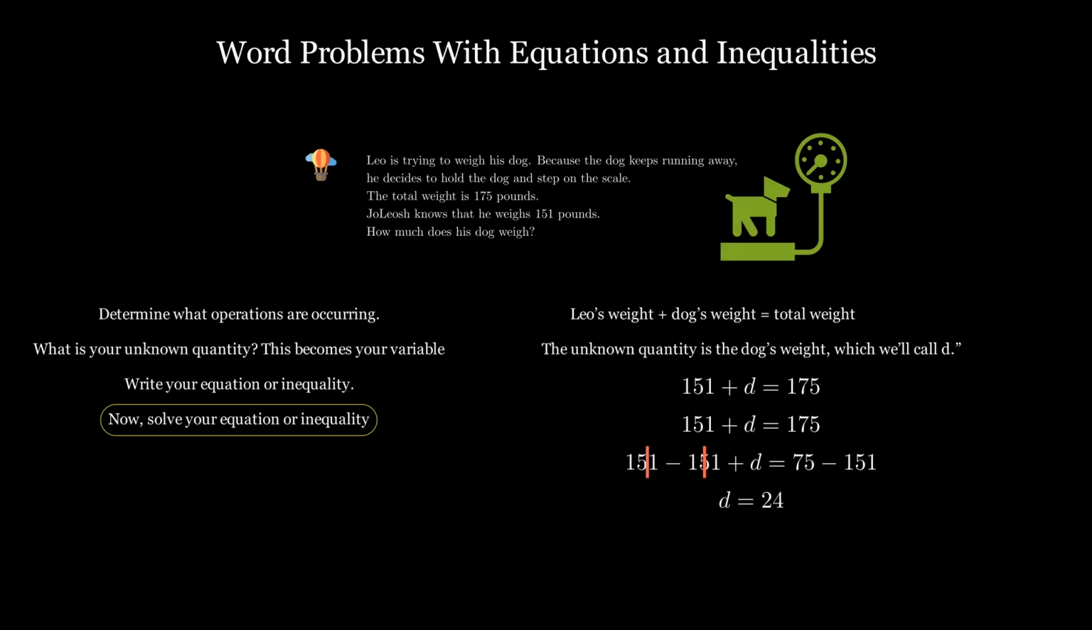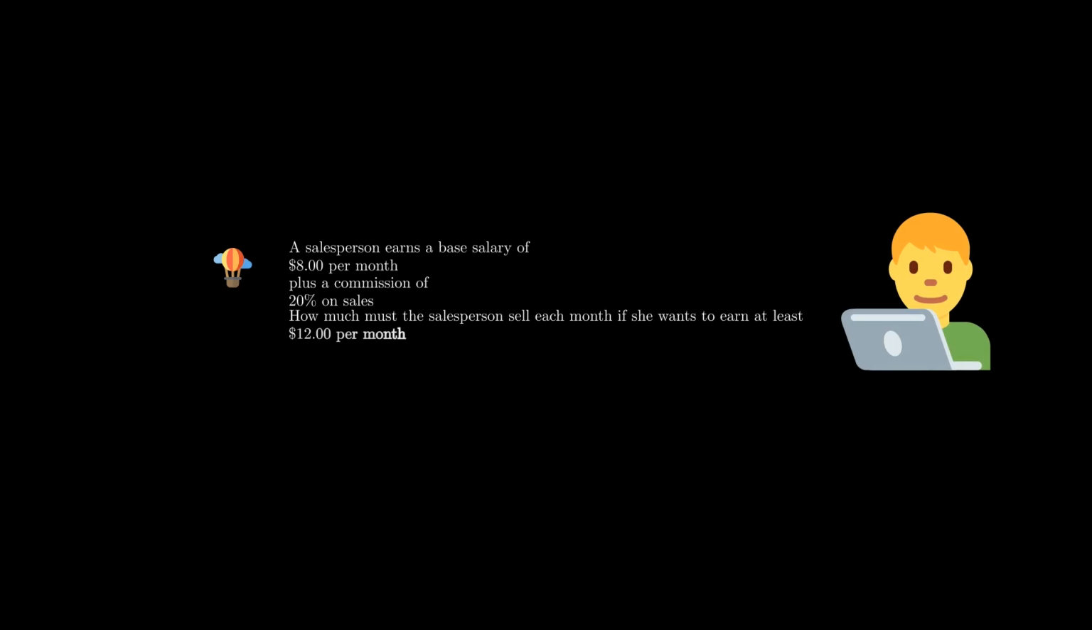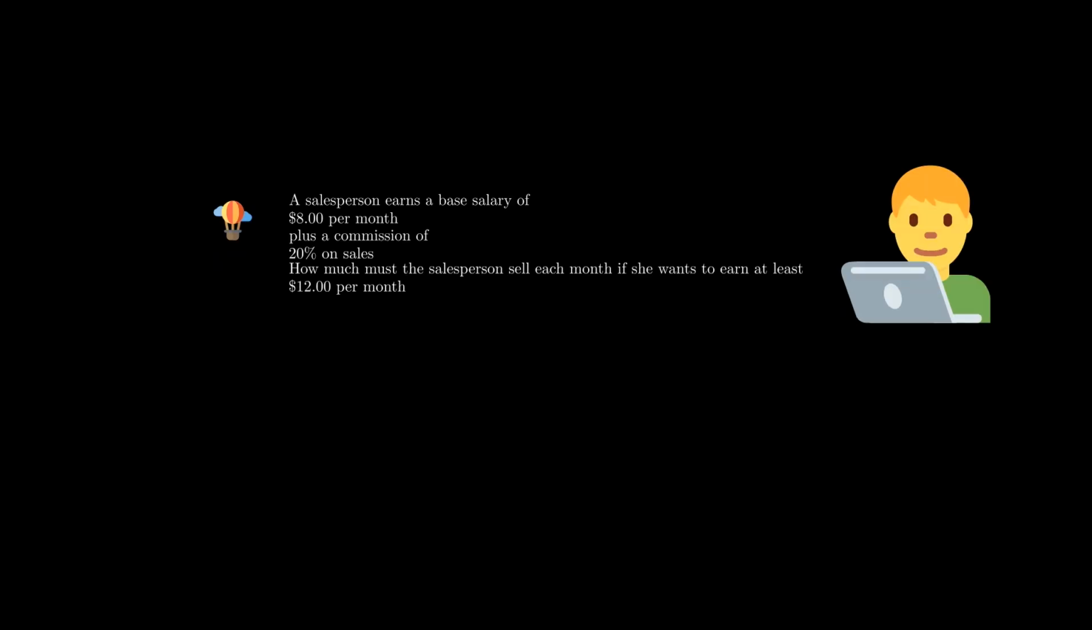A salesperson earns a base salary of $800 per month plus a commission of 20% on sales. How much must the salesperson sell each month if he wants to earn at least $1,200 per month? To model this situation mathematically, let's represent the sales made by the salesperson in dollars. His base salary is fixed at $800 per month. The 20% commission on the sales can be written as